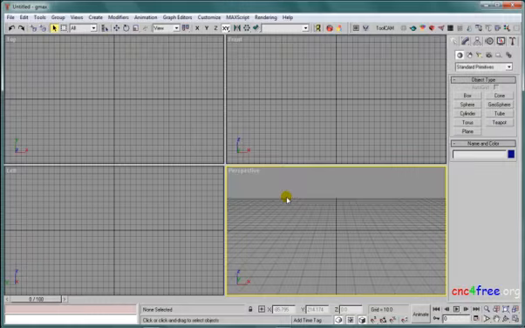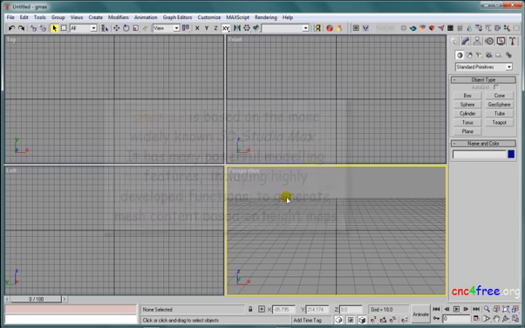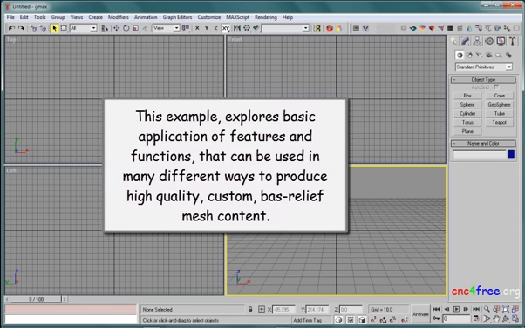Gmax 1.2 by Discreet is based on the more widely known 3D Studio Max. It has many powerful modeling features, including highly developed functions to generate mesh content based on bitmaps. This example explores basic application of features and functions that can be combined in many different ways to produce high-quality